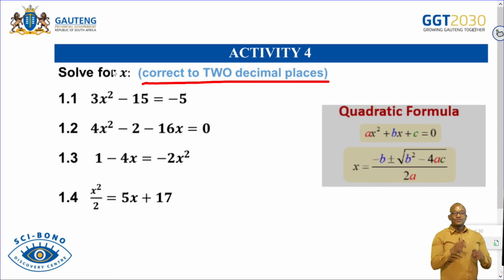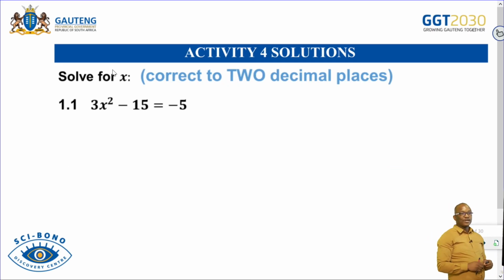It means as you punch in your quadratic equation, you will never find the factors that you can easily factorize in this type of equations. Hence, we said correct to 2 decimal place. Then, without any waste of time, let's go to the first one. Remember, with the first one there, we have x